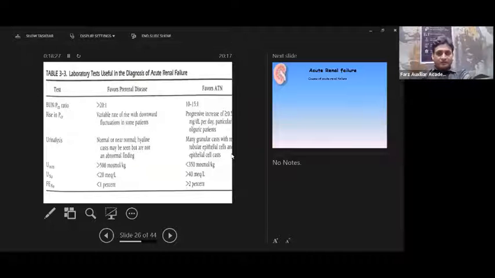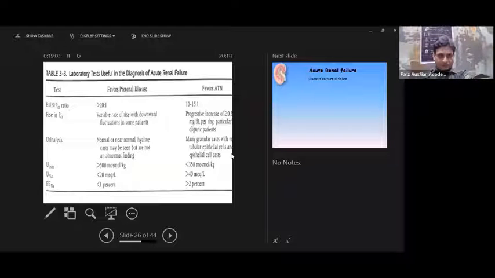For a patient with acute renal failure, to differentiate prerenal from intrinsic renal disease or ATN, we have to see the ratio. A ratio of more than 20:1 suggests prerenal disease, less than this suggests ATN. Then the rise in plasma creatinine: generally in prerenal acute renal failure it is variable, or sometimes we can see downward fluctuation in some patients, but a progressive rise in serum creatinine, meaning a rise of 0.5 milligram per deciliter per day,